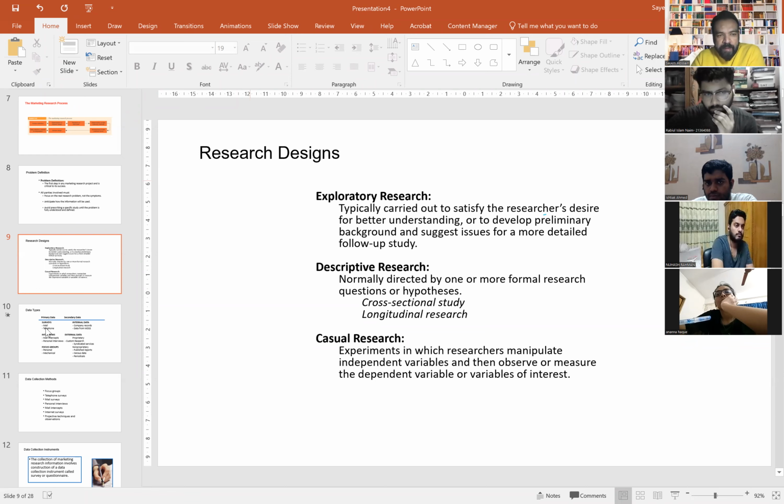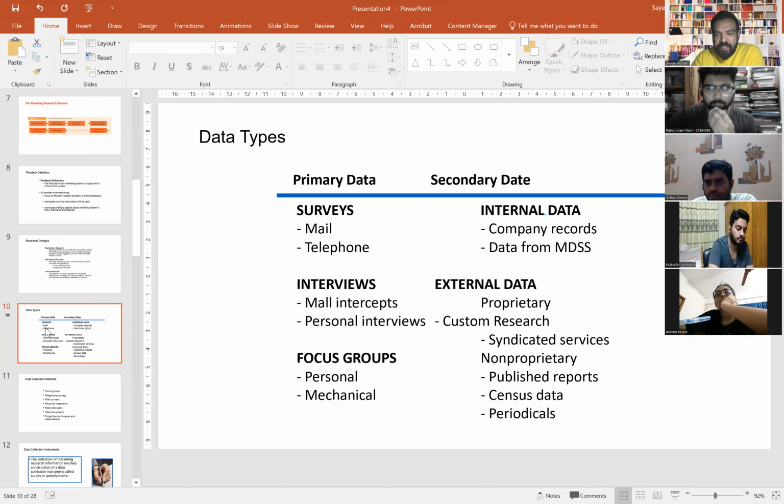All right. Now let's talk about data types, as we are talking about different types of data. So primary and secondary, these are the 2 broad classifications of data. All right. So primary data, as I mentioned, is data that is captured directly from the respondents or the customers, in this case, when you're talking about marketing research. So data which is